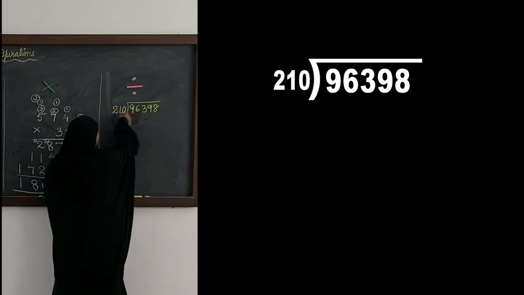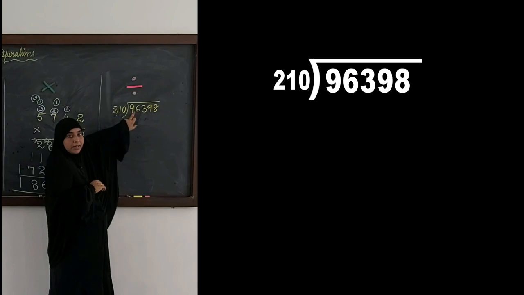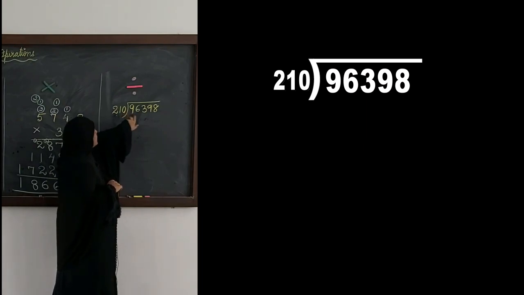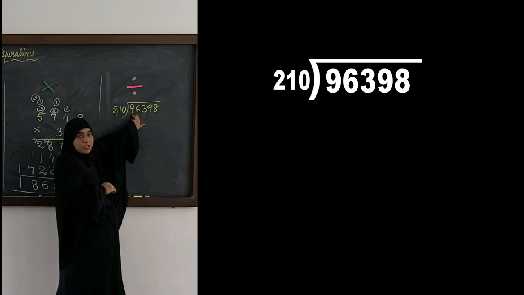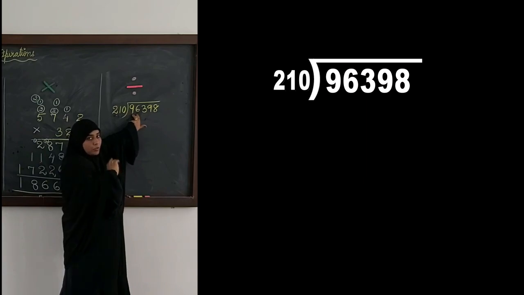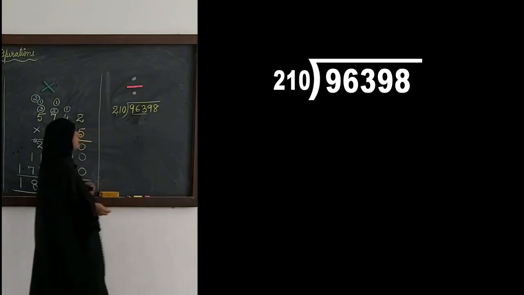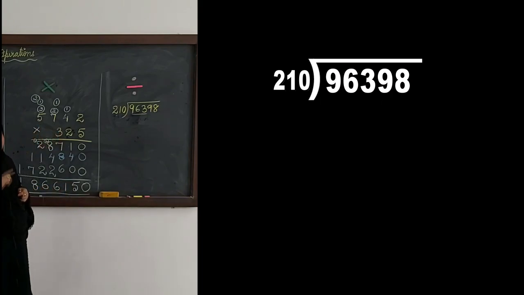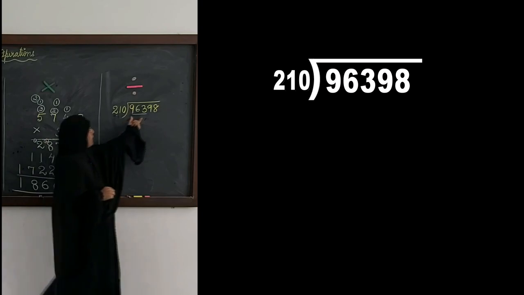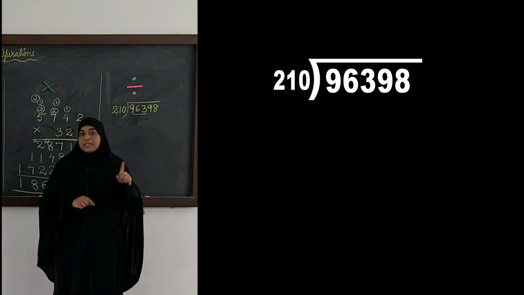Okay, 9 we have to divide, if we suppose take 9 to be divided by 210, it's not possible. Only 9, because it is smaller than the divisor. Okay, let's try with 96. Is it possible? No. Again, 96 is smaller than 210. So we cannot divide 96 also. So what we do? We'll go for 3 digits. Okay. So our 3 digits are 963. 9, 6 and 3. So these 3 numbers, these 3 digits we will divide with 210 in our first step of division.